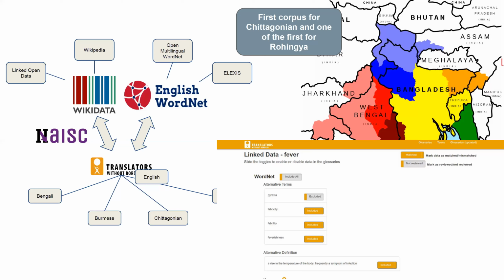So we're looking at some very severely under-resourced languages here. TWB are developing resources in English, also in the national languages of Bangladesh and Burma, so Bengali and Burmese, but also the local language. Chittagonian is the language of the area where most of the refugees are, and of course Rohingya have a language of their own. So we approach this as a data enrichment idea, where we try to